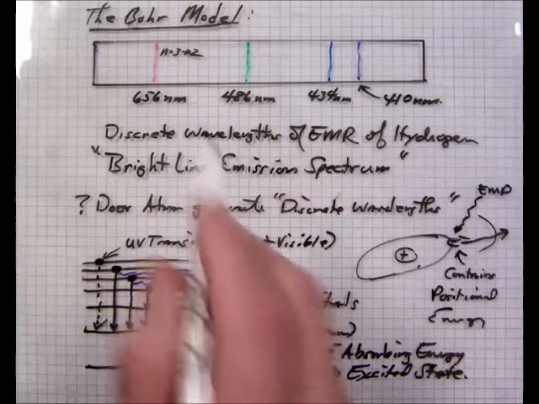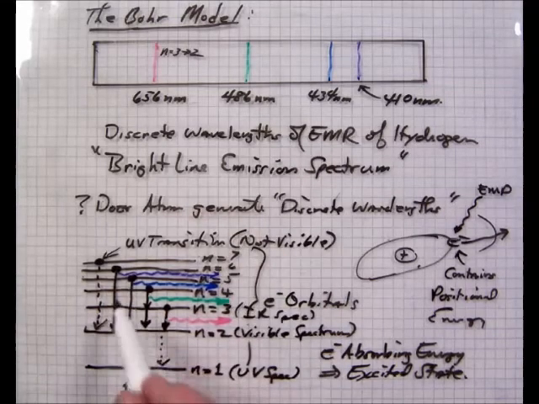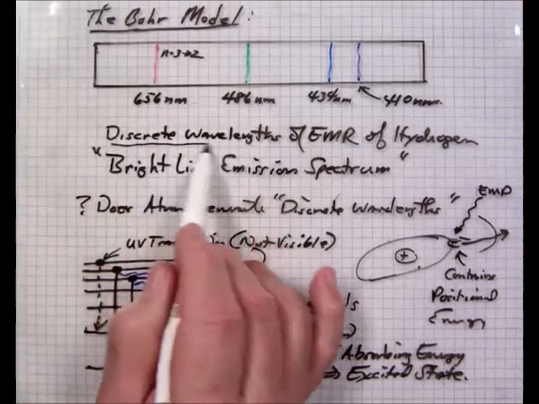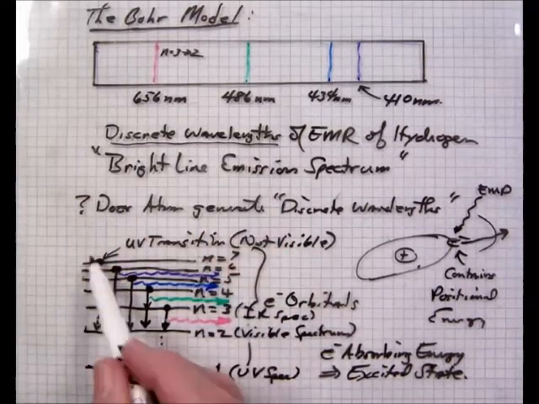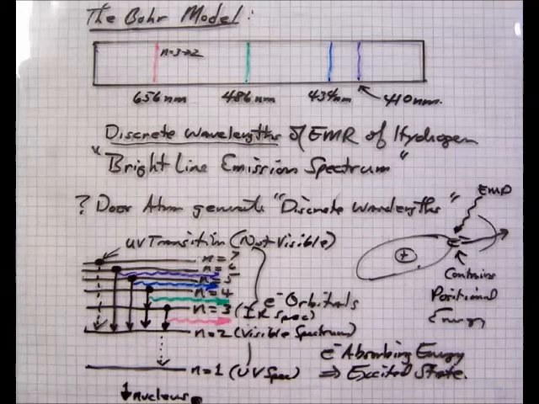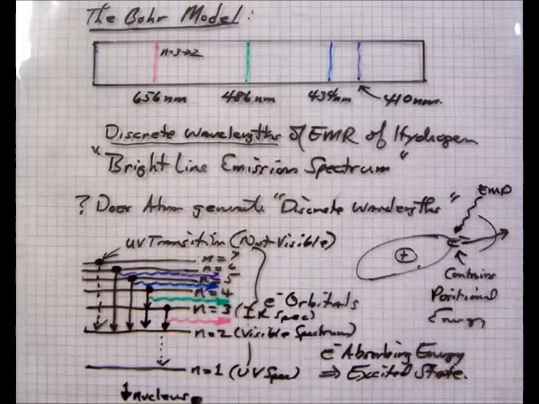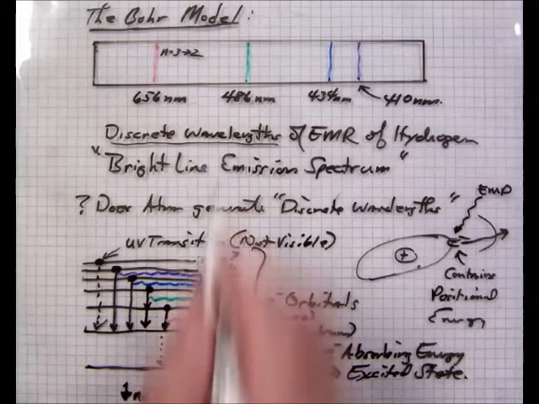How did they come up with the idea of this? This is a discrete wavelength. If those electrons would stop in the middle of these lines in here, you would see the entire spectrum. It would just be a blur of color through the whole continuous spectrum. But that's not what is seen in an atom. What you see in an atom is a bright line which represents specific transitions.